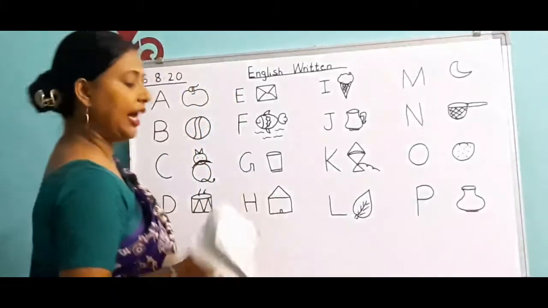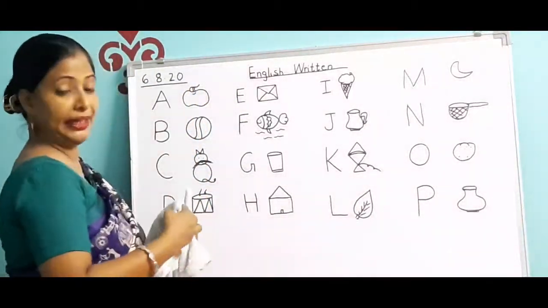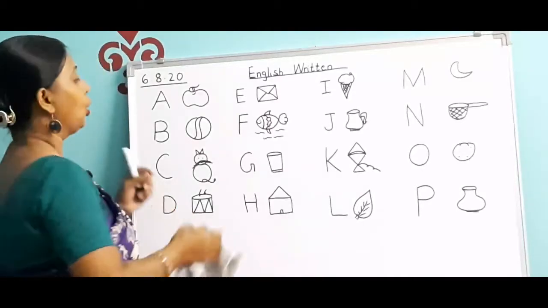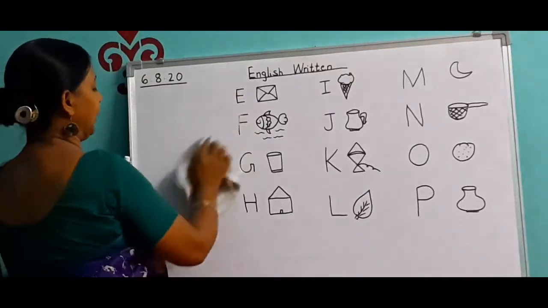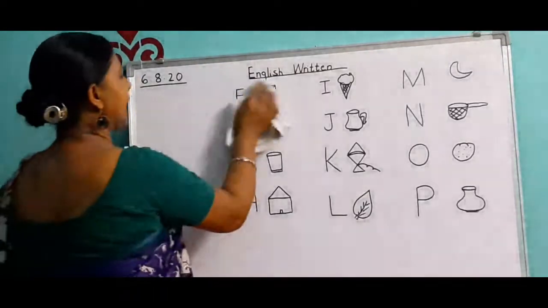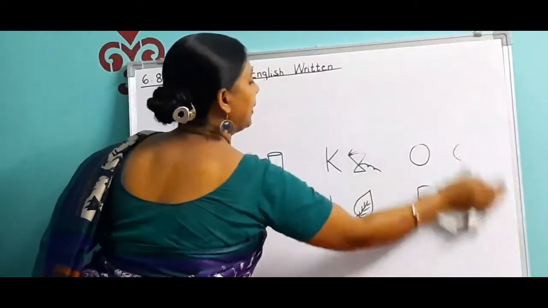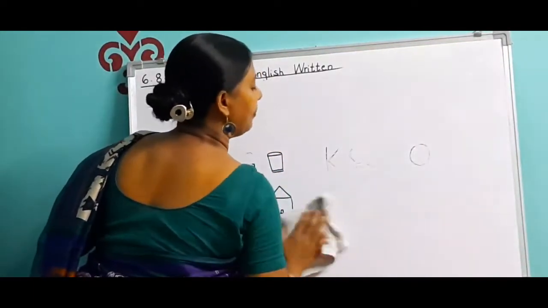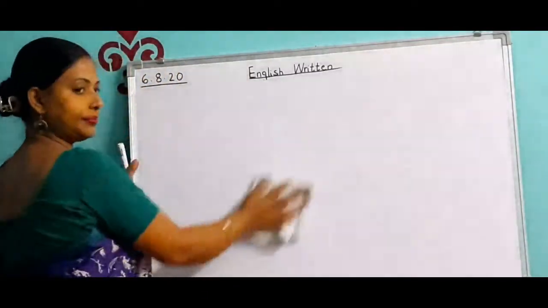Now for that, I will quickly rub this and draw the lines. In the meantime, you take out your copies. Okay. You can take out your English 1 copies. Just take it out and sit with your copy and your pencil and see how ma'am is writing, in the same manner you are going to write.